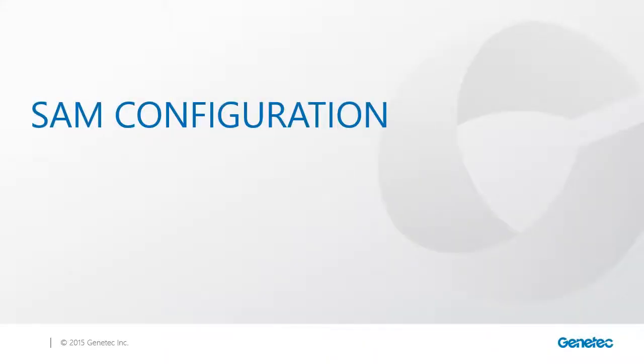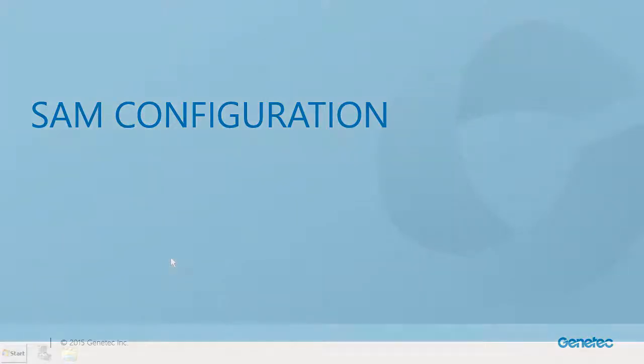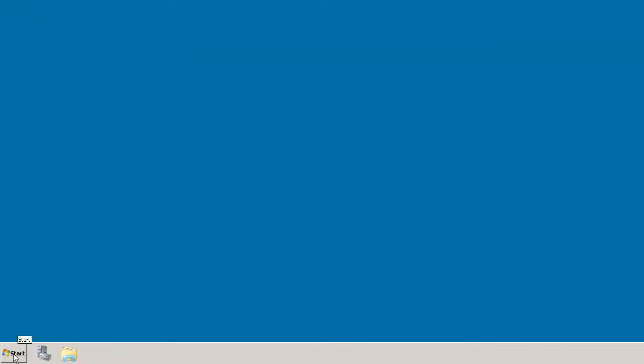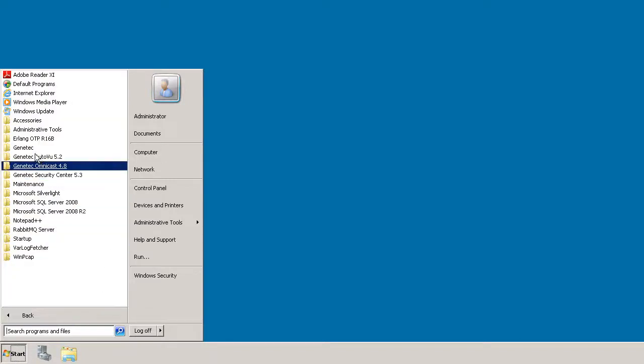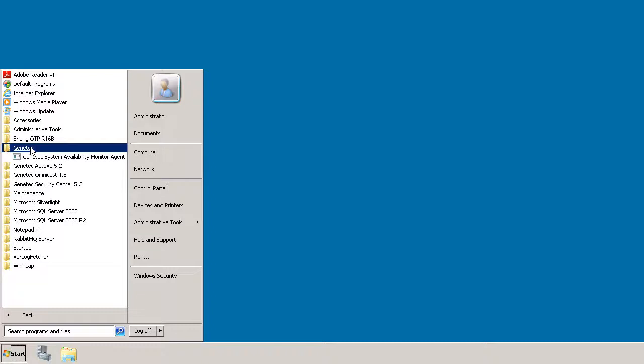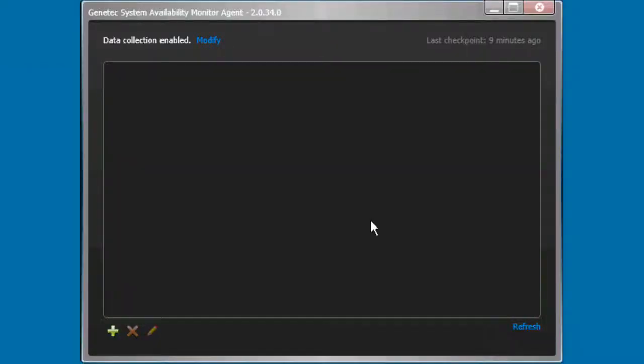Now that we have SAM installed, let's take a look at the configuration needed and any extra steps that may be helpful in the future. To open the SAM configuration application, click on Start, go to the Genetec folder, and click on the Genetec System Availability Monitor Agent program. The first thing we need to do is add our directory server to the list of